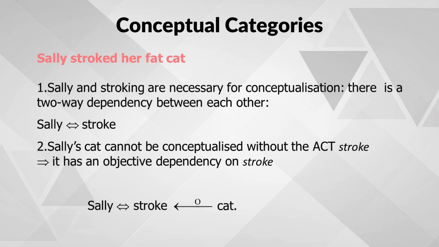The cat belonging to Shelley cannot be fully conceptualized without the action of stroking, which is an inherent part of the sentence. This creates an objective dependency of the cat on the action of stroking. In essence, the interplay between Shelley and stroked establishes a coherent and complete conceptualization, demonstrating the intricate relationships that underlie